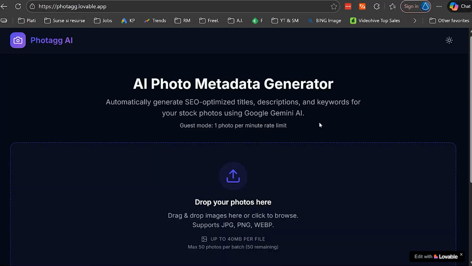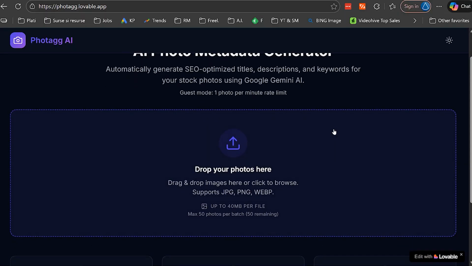Besides this, I didn't know which photos have artifacts. For example, you know that when the AI is generating people's hands, sometimes it generates 6 fingers, and it's not okay. It has to be 5 fingers. So I created a website in Lovable, and what this